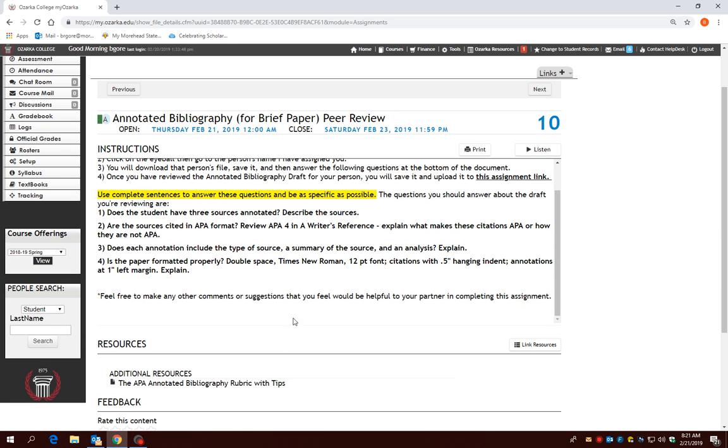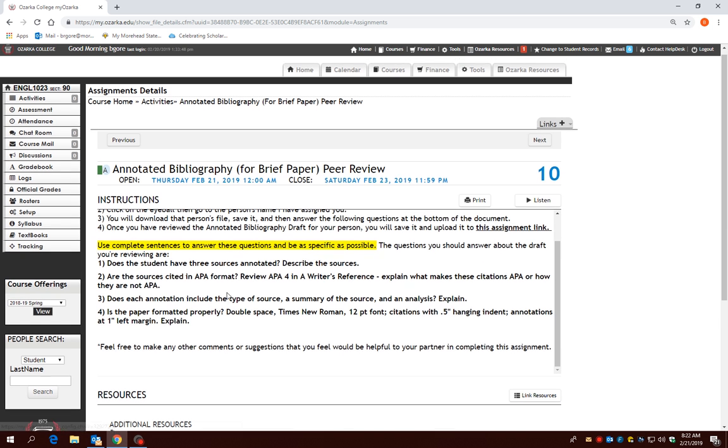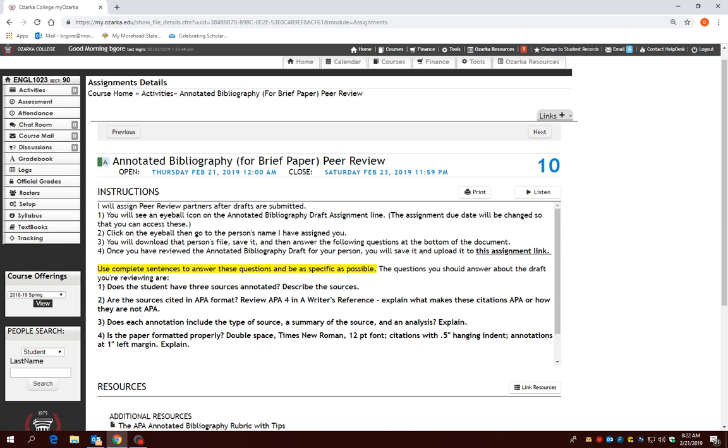So you're going to save your student's draft. You're going to make these comments at the very bottom. Also, if you are one that enjoys proofreading and editing, you may make any other comments or suggestions to your peer. But these questions are required in order for you to get the grade and participate. When you have completed this, you will save it and you will upload it here. So you'll upload it back to the annotated bibliography for brief paper peer review spot, and then I will make them available so that you all can look at each other's